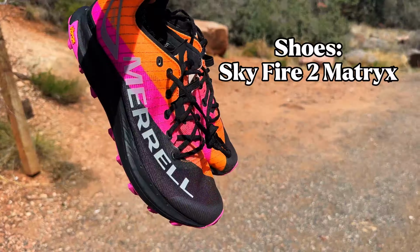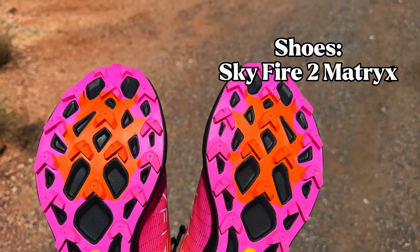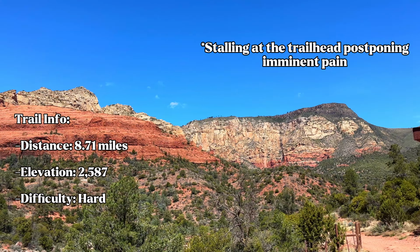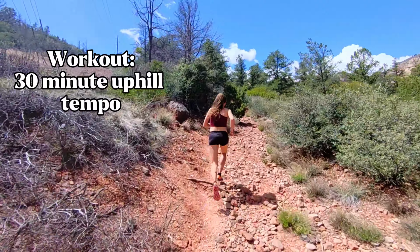I'm just doing a warm-up right now. I'm at Wilson Mountain. This is where I go to climb in the winters, and I'm gonna get in a hard effort up to there today. It's gonna be a good shot to the system. I laced up my favorite shoes for fast days for this workout, the Skyfire 2 Matrix. I stalled at the trailhead, trying to postpone imminent pain for a couple minutes before I began my redlining adventure